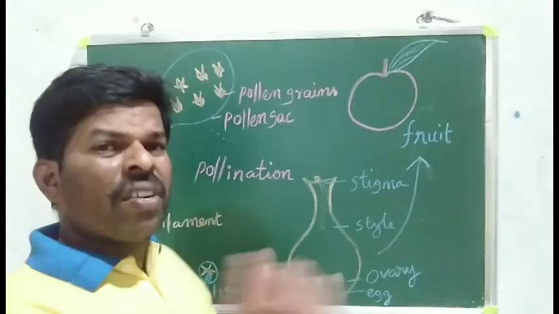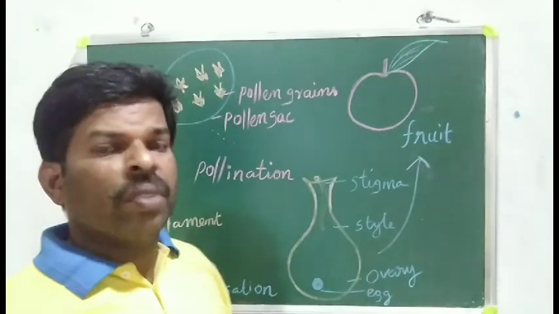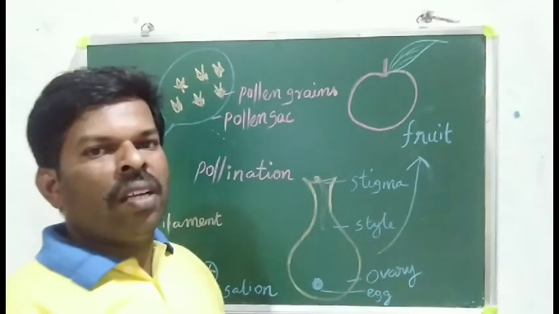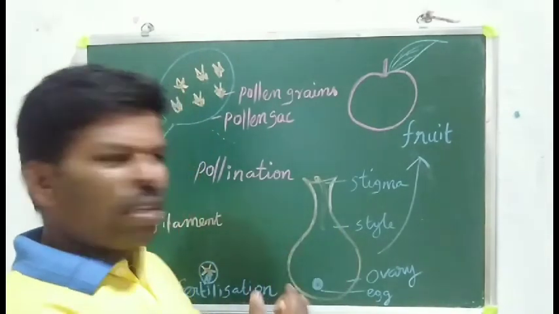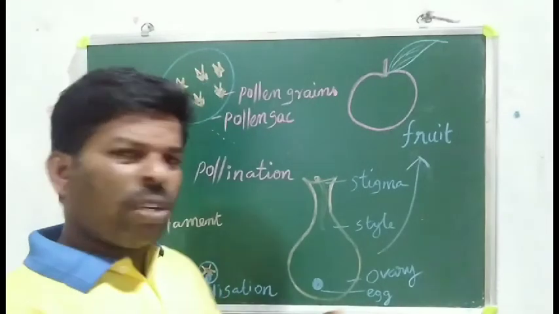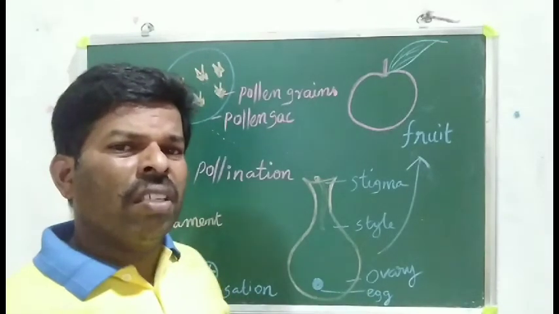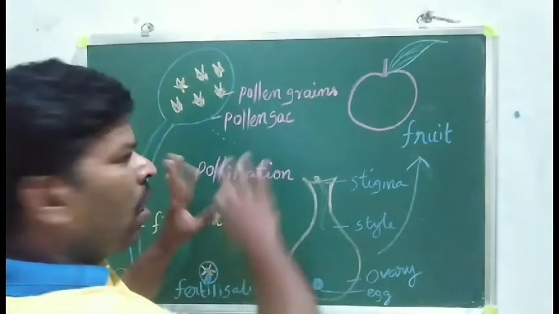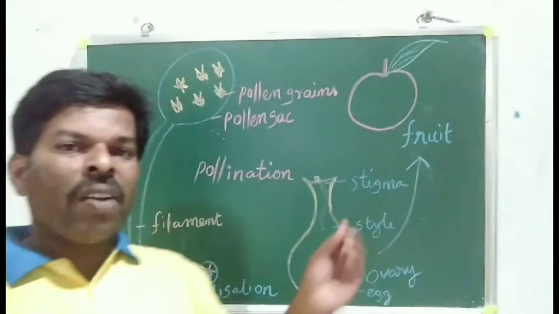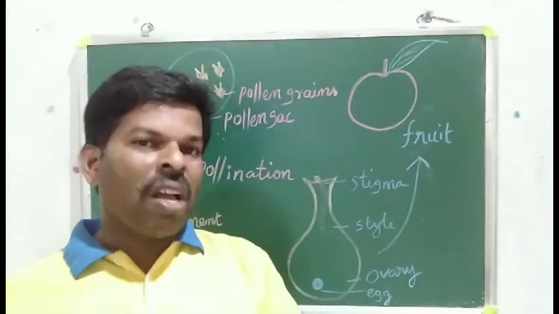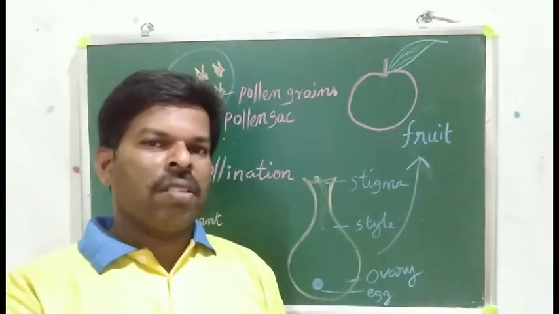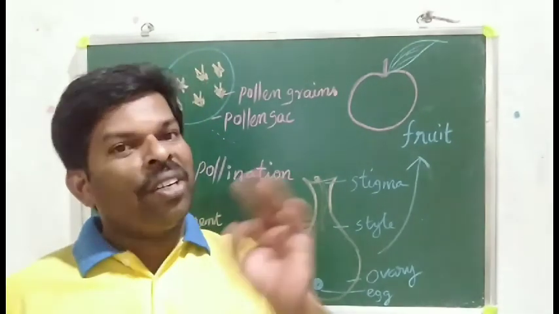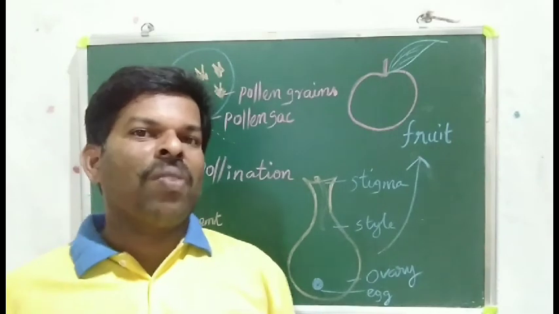So the definition question: define fruit. The matured ovary is known as a fruit. Matured ovary means what? A well developed ovary. The ovary develops well after the fertilization. That is called a fruit. Is it clear? Understand? Today I told about the calyx, corolla, androecium, gynoecium, which one is the male part, which one is the female part. Okay, what is a bisexual flower, what is a complete flower, incomplete flowers, pollination and fertilization, and finally the formed fruit.